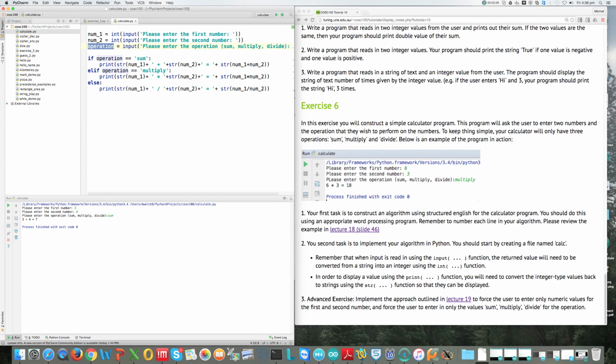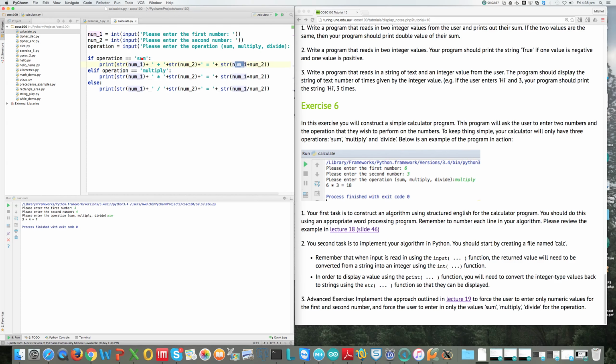And to implement this program, we're going to have to first build a conditional statement. Now, the conditional statement will be based around what type of operation the user wants to perform. So recall the user can either enter in sum, multiply and divide. And essentially we just need to use an if, elif, else statement here to implement this, the choice that they've made. So you can see if they enter in a sum, we need to perform a sum operation,